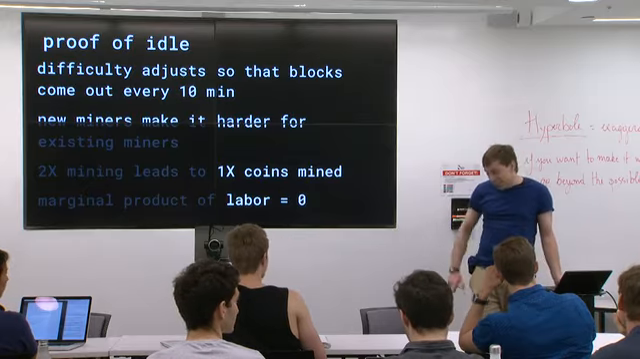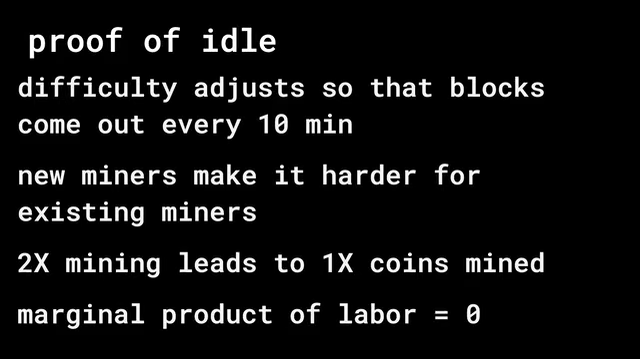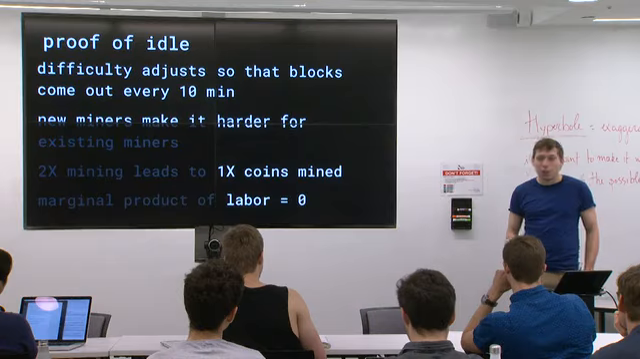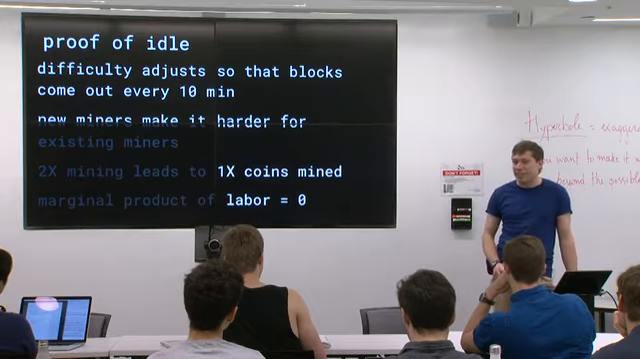Yeah, so that happens too. But yeah, in Bitcoin, 2 times the mining leads to 1x the coins mined, right? There is 0 marginal product of labor in this system, which is weird and counterintuitive and doesn't really exist